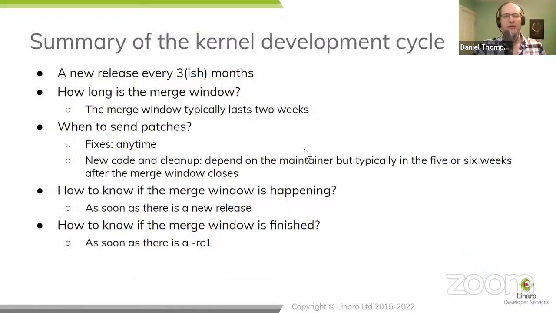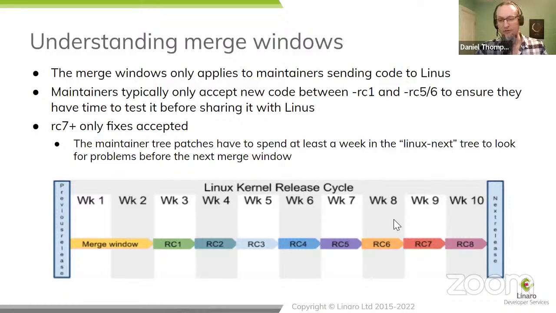Now, none of this applies to fixes. This is for new features. Bug fixes are acceptable all the time, and kernel maintainers can hoover them up at any time, and they'll push them to Linus potentially with only a week or maybe less time, depending on the impact of the bug. So the whole release candidate process is there to allow maintainers to collect patches and fix bugs.